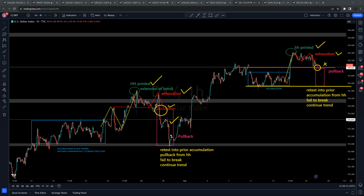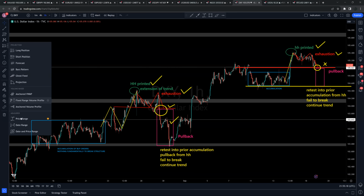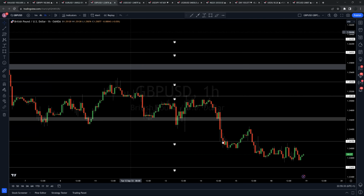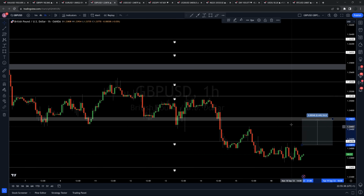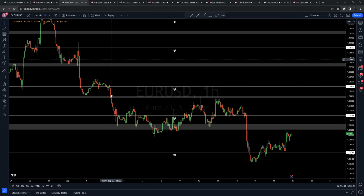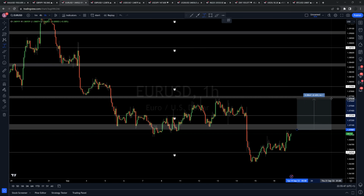Like, for example, let's translate this information. So dollar having this move from about 105 down to 104.6, that 0.4% of movement, right? That's going to correlate very well to GBPUSD, pretty much coming all the way back up to like 1.246s here, previous lows. That's gonna line up very well where EURUSD can literally be coming up all the way back up to 1.077s before fading out the move,